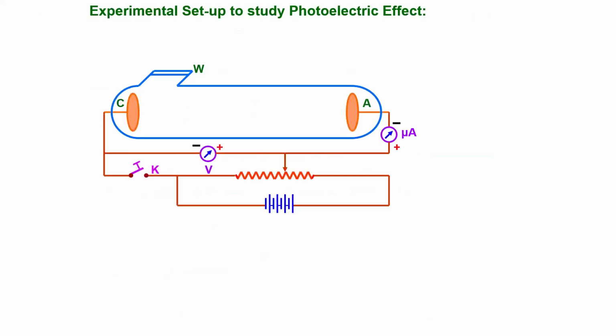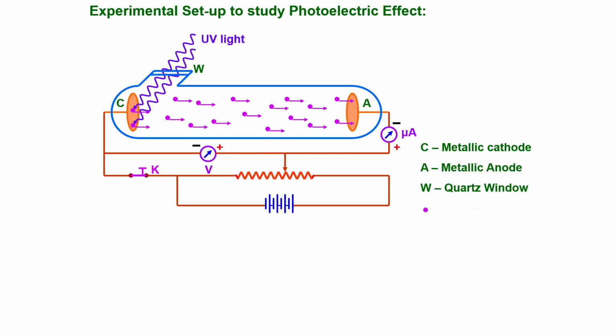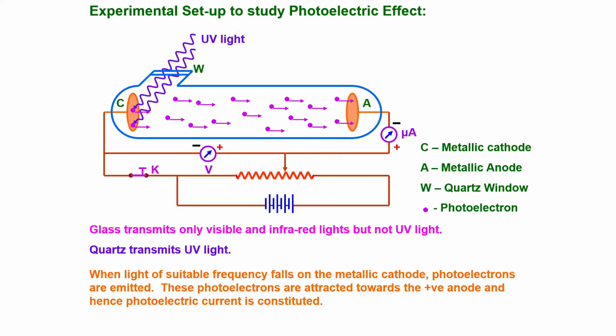Here we have many experiments for proving the photoelectric effect. Here we are having just the glass tube experiment. We will use the metal anode and cathode. On that cathode we incident UV light, and because of that the cathode will produce electrons. So this is just an experiment for the photoelectric effect.